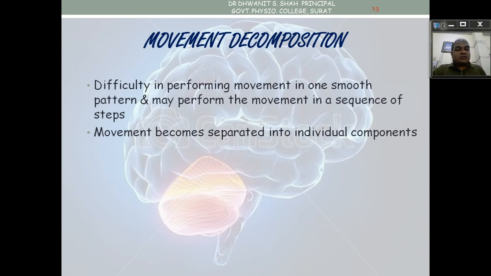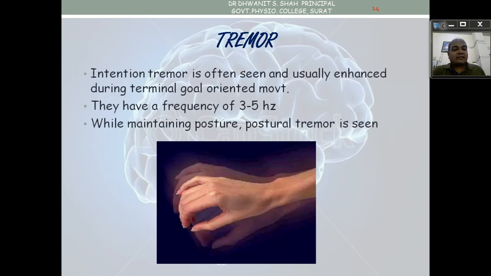There are other signs of cerebellar damage. Next is tremor. In cerebellar patients there is an intentional tremor. Intentional tremor is different from the static tremor you already know, where the hands, limbs or extremities are static and the patient shows repeated involuntary movements of the hands, mouth, legs or small joints.